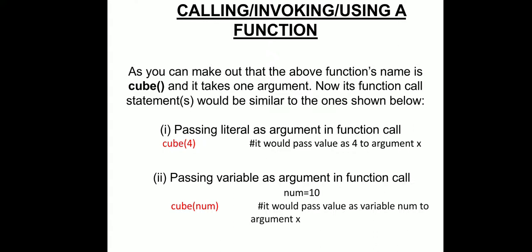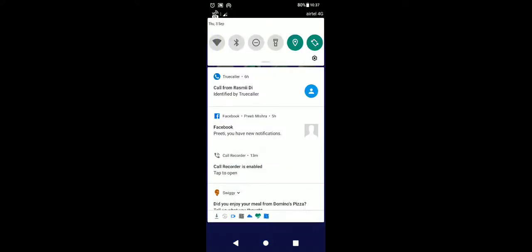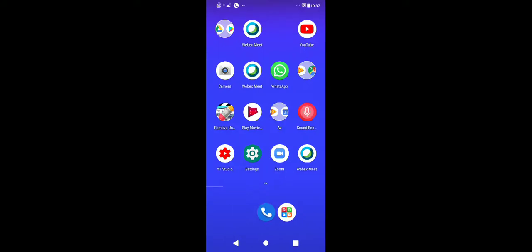So for doing this we have to do the practical part. So we can start the practical part right now. What we will do in such case, I will open the Pythorite here. This is the Pythorite. Now here we have to type the program. First I will type the program, then I will rotate the screen. Okay, so it will be easy for you.